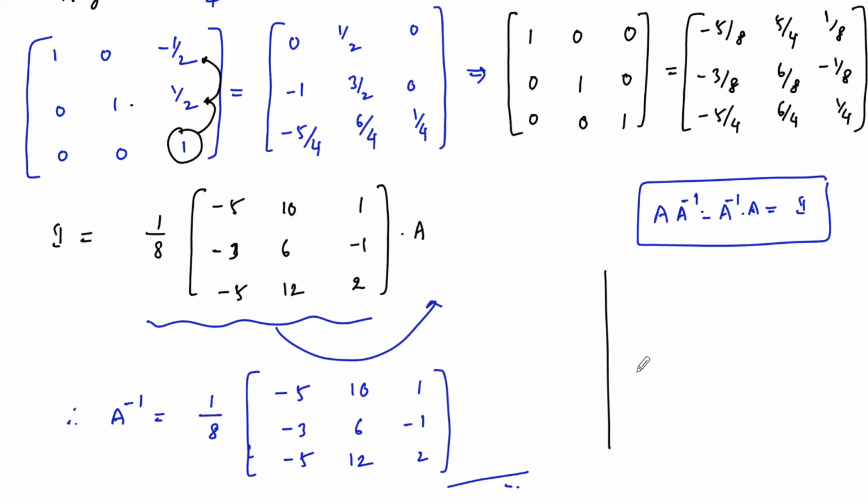Let me tell. Verification, you can do it whether your problem is correct or wrong. Just multiply given matrix A into A inverse. Given matrix and multiply with this matrix, so we'll get the answer which is equal to identity matrix. If you are getting identity matrix, then your answer is correct. Okay.